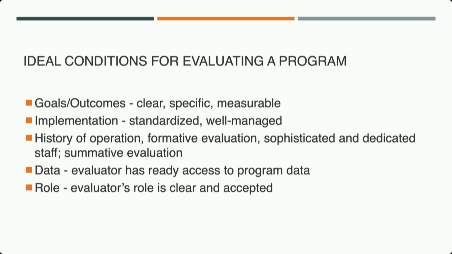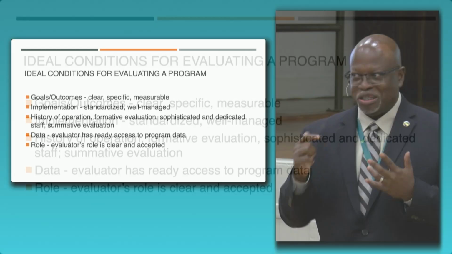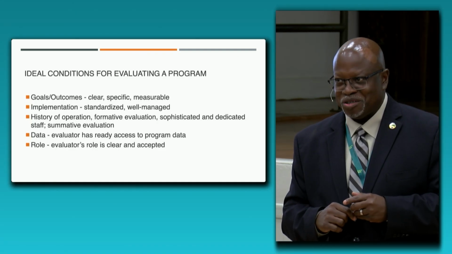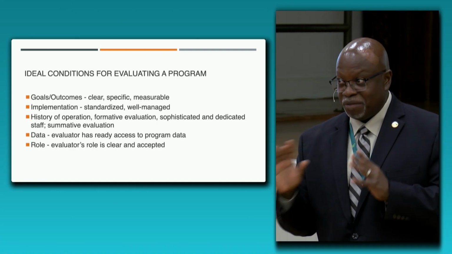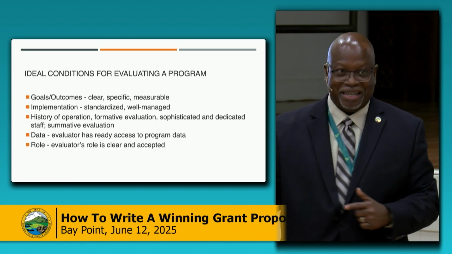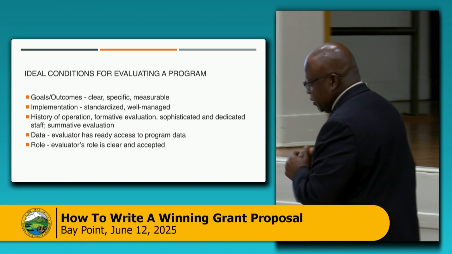So the most common type of evaluation that is done in the grant-making world today is outcomes-based evaluation. But there are goals-based evaluations, there are other types of evaluations, but the most common ones are the outcomes-based evaluations. If your outcomes were not clearly articulated, you run into a problem now. Your evaluation won't come together well. That's what I meant when I said everything ties to the next section, right? So just do keep that in mind.